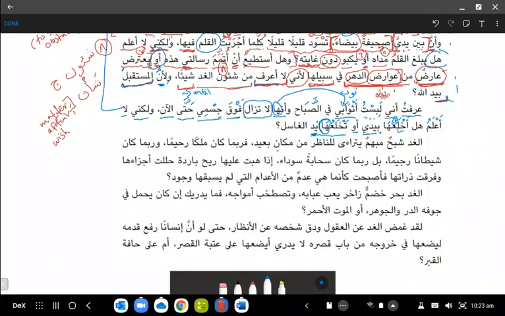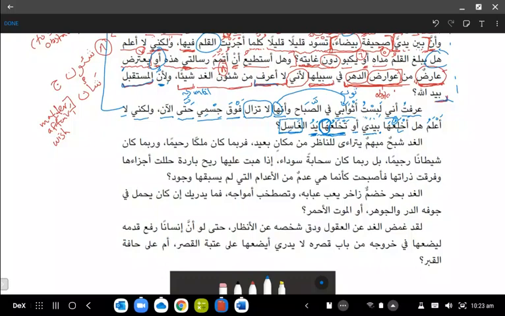If you look at your conjugation of verbs, in the mudari, it's yakhla'u, yakhla'ani, yakhla'una, takhla'u, takhla'ani, yakhla'na, and so on and so forth. Right? So this has to be the fa'il. Usually when you have a fi'l attached to a maf'ul bihi pronoun, usually the next word is the fa'il. Right? So it has to be marfu'. أو تخلعها يد الغاسل. Okay, غاسل means the one who washes. It comes from غسل يغسل. غاسل means the one who washes.